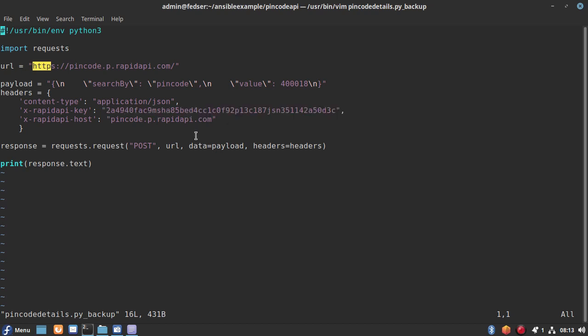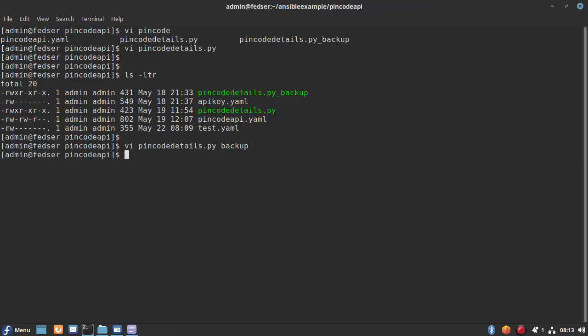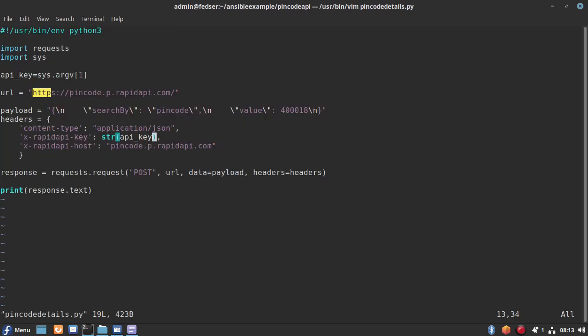So for that purpose, we are looking at how we can encrypt and utilize it in the application. Let me go into the code in which we are going to use the encrypted key.